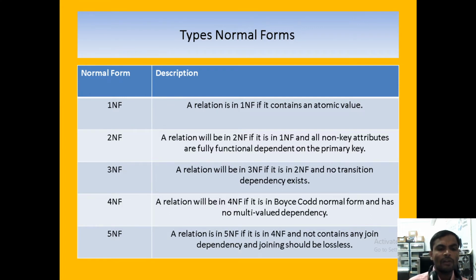Coming to the third normal form, it should be in the first normal form, then the second normal form, then we come to the third normal form. Under the third normal form, no transitive dependency should exist. Coming to the fourth normal form, it should be in Boyce-Codd normal form, as no multi-valued dependency will be there. Means no transitive dependency should be there under the third normal form. Coming to the fourth normal form, no multi-valued attribute should be there.